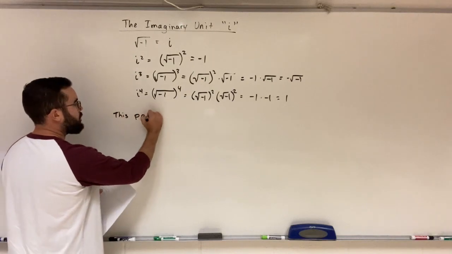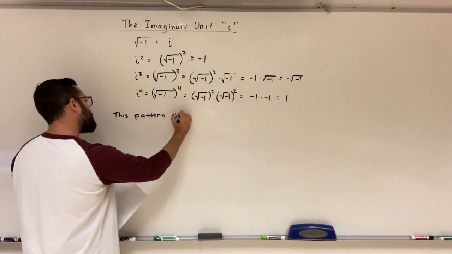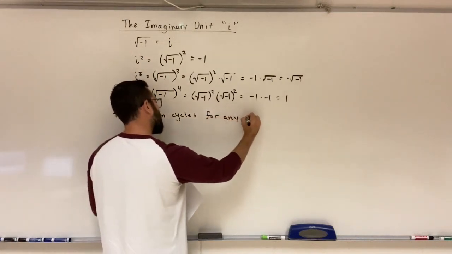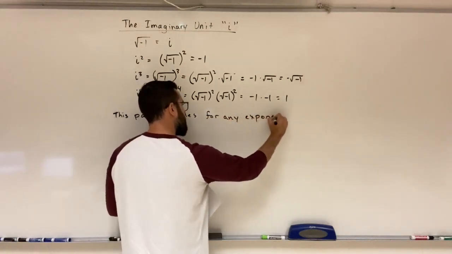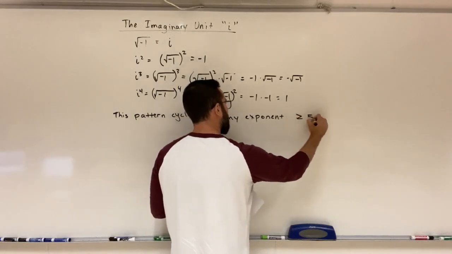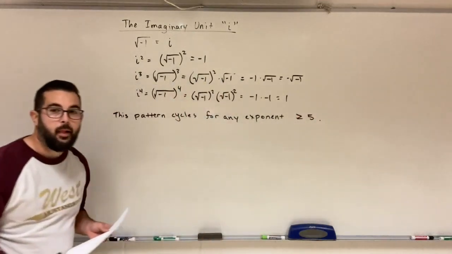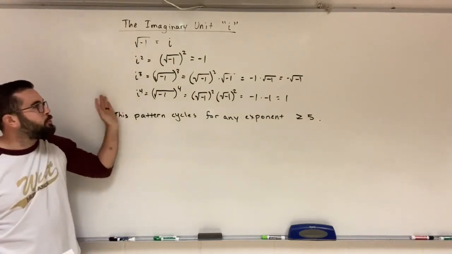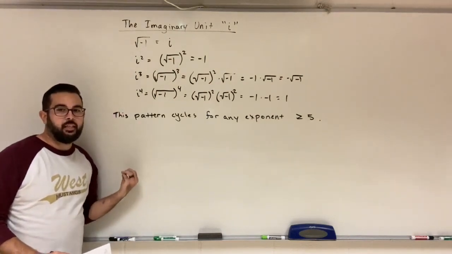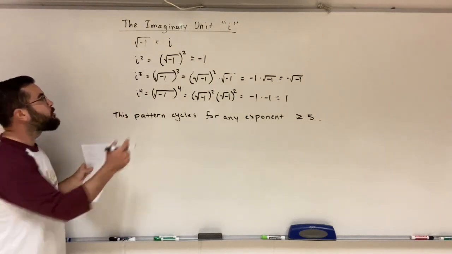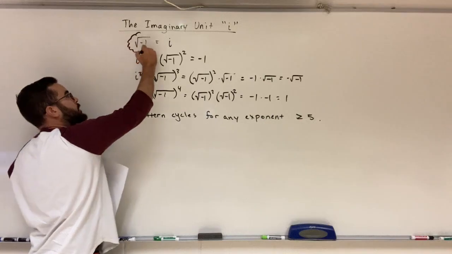This pattern cycles for any exponent greater than or equal to 5. This isn't real important, just some interesting things that happen when you deal with the imaginary unit i. The main thing that you need to know for today's lesson